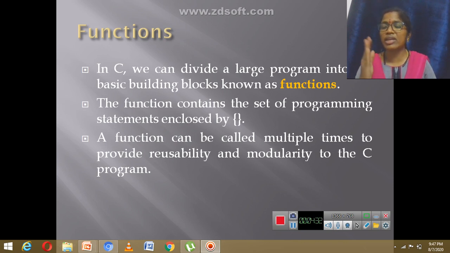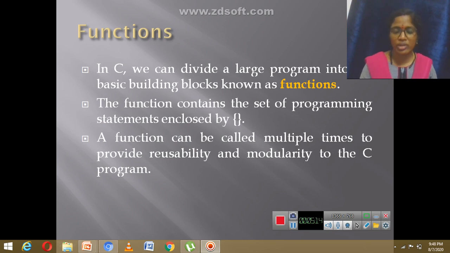As I have taken the example of addition of two numbers, I have to do 5 steps so that I can calculate the sum of two numbers and print it. So the function contains the set of programming statements enclosed by curly braces. That is what we have seen in the main function. Main is a function which is used to write the set of instructions. That set of instructions is enclosed in curly braces.